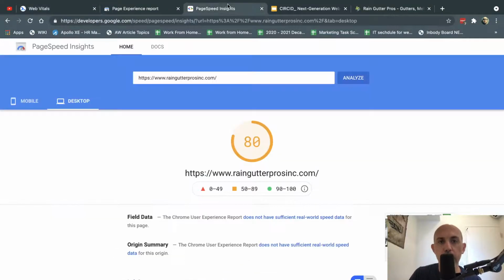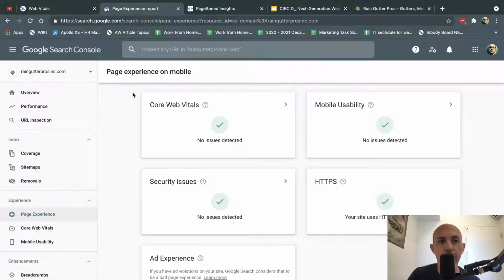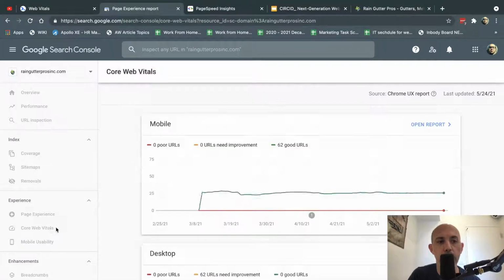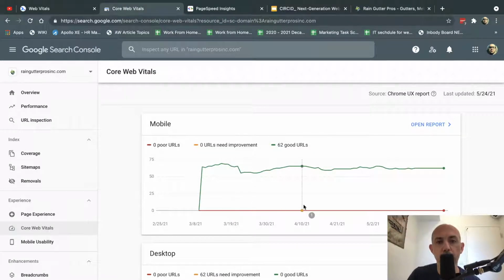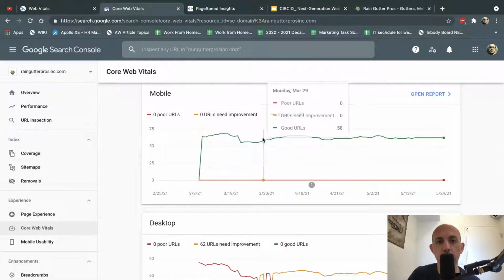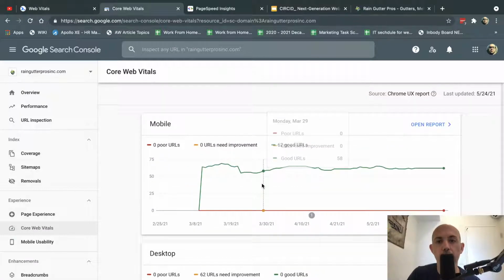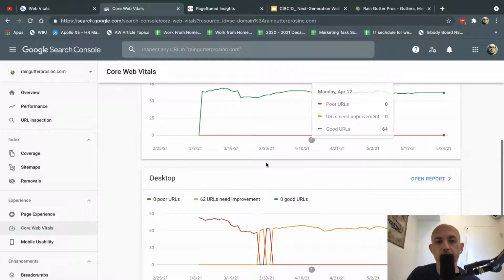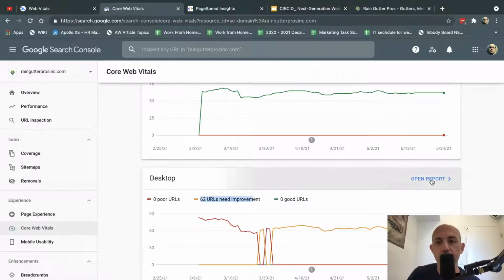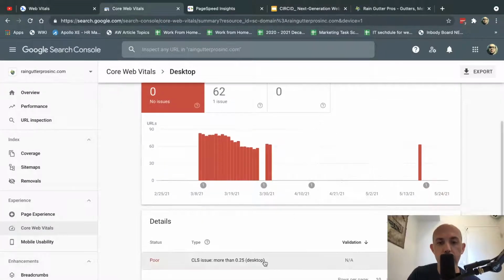Now, we talked about the web page speed, and there's another thing in Google Search Console, which is Experience, meaning Page Experience and Core Web Vitals. Core Web Vitals will help you understand which pages on mobile and on desktop are good, which need improvement, and which are very poor and need a lot of improvement. For example, our website on mobile is all good, and on desktop we have some pages that need improvement. If I click on the report right here, I'll see that my issues